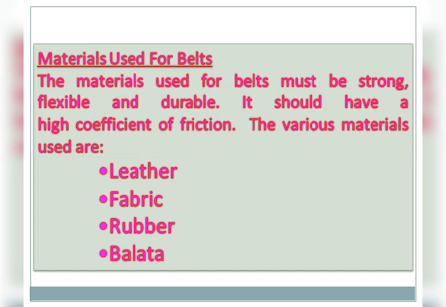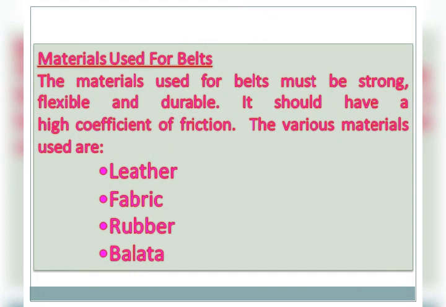Next one is the fabric. So this is the composite kind of material. Here fabric belts are made by folding canvas or cotton ducks in a layer and stitching together, that is fabric. Next one is rubber. The belts are made of a fabric with a rubber layer. This is like a combination of fabric and rubber. These are used in sawmills, paper mills, etc. That is generally of a type of rubber belt. Normally for flat belt, they are preferring rubber belt only.